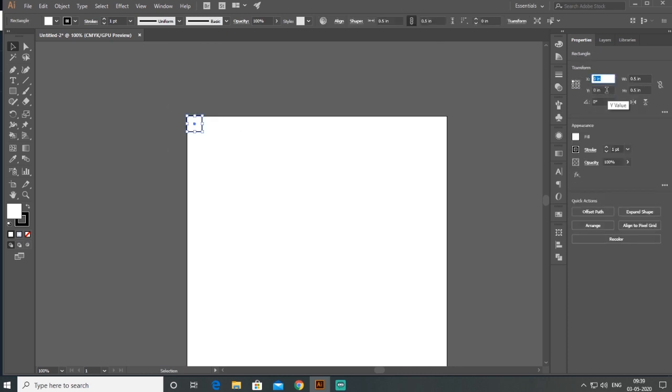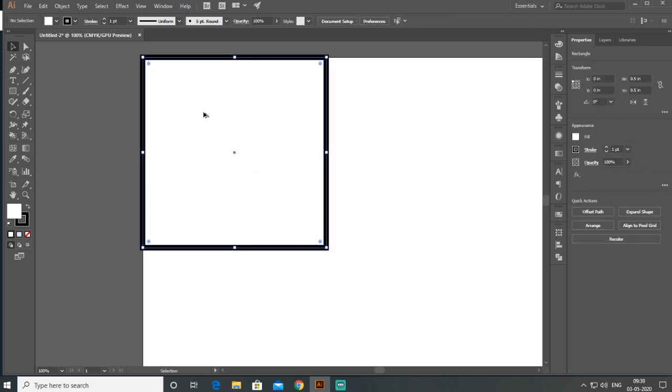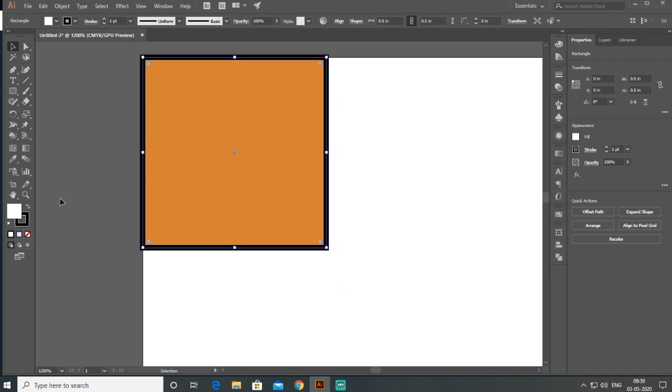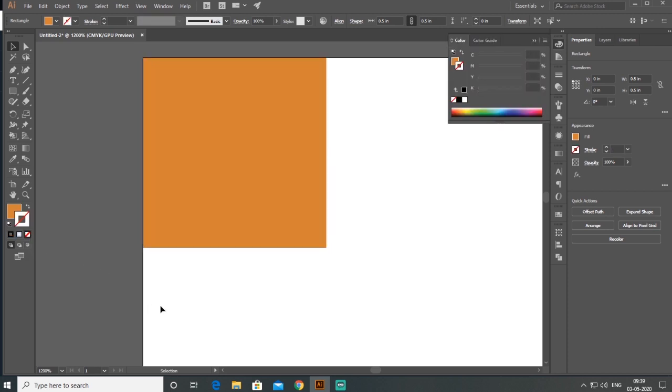When you set it to 0, 0, make sure the reference point is top left. And I change the color to something solid, and the stroke is none.